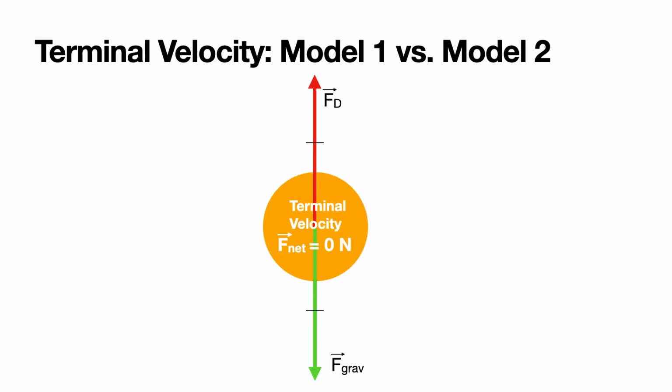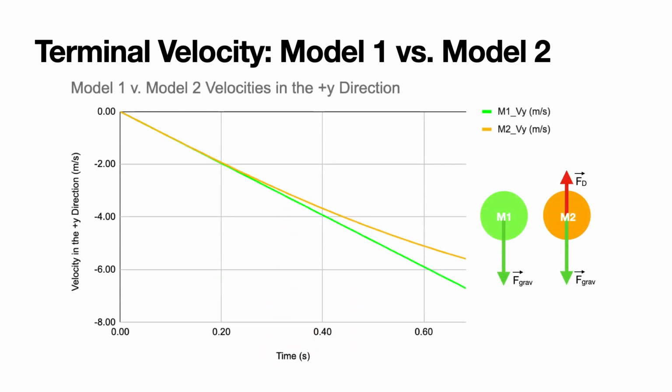Now for the discussion part of this lab. Which model predicts the terminal velocity? Since terminal velocity happens when the force of drag pointing up has exactly balanced the force of gravity pointing down, this means the force acting on the system in the vertical direction has reached an equilibrium of 0, and we should see velocity becoming constant in that direction. Therefore, Model 2 predicts the terminal velocity since it accounts for drag, and the rate at which Model 2's velocity increases can be seen in the comparison graph to be slowing down and approaching a constant